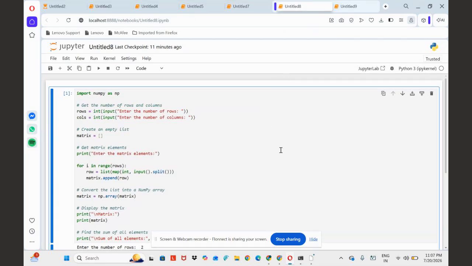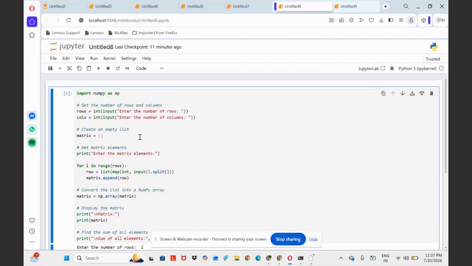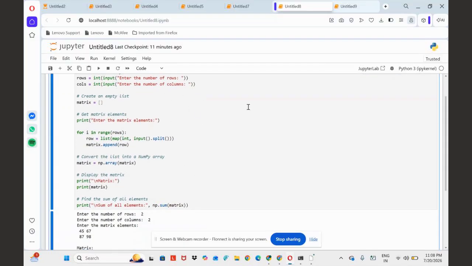And the sixth exercise is about the sum of matrix elements. So this program calculates the sum of all elements in a matrix. And the code is like: it creates an empty list first, and then it uses a for loop. With it, it reads every row of the matrix and stores each row, and then it converts the list into a NumPy array, and then it calculates the total sum of all elements,